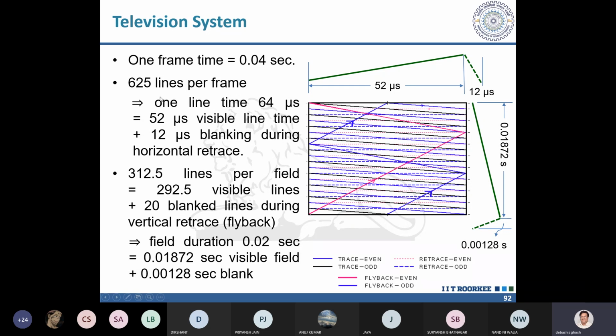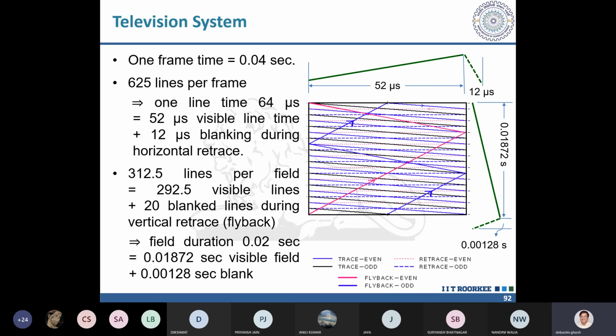So that is how every line is done, the raster. This is called raster scanning. Another one is random scanning. But here, since it is in a proper sequence, we call it raster scanning. So for 52 microseconds, you go from left to right, and then in 12 microseconds, you do the blanking. That is what I have shown here dotted. That time the deflection plate will have the sawtooth signal falling down, so that it will retrace back from right to left, and that time it will be blank.